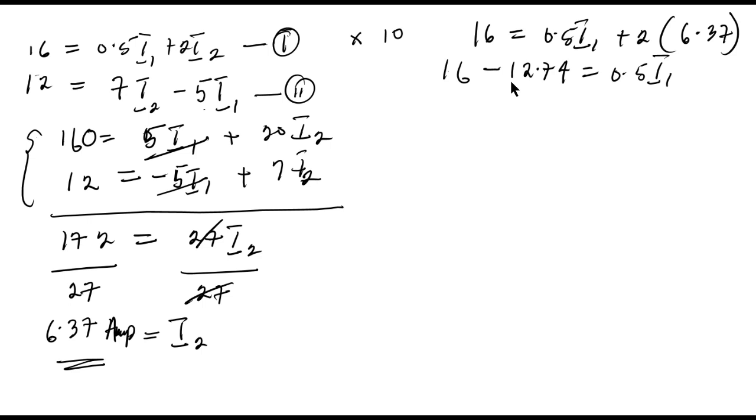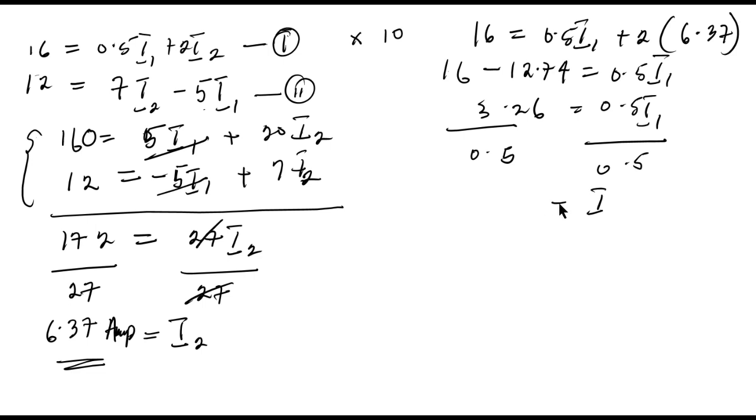Now, that is 3.26 is equal to 0.5 I1. Let's divide both sides by 0.5. So that I1 will be the same thing as